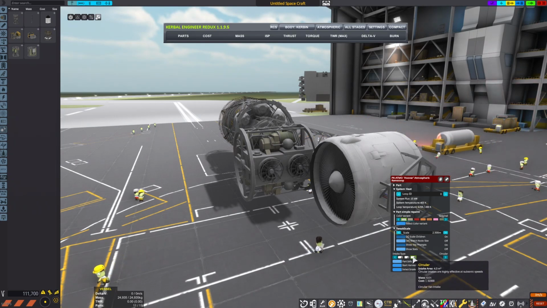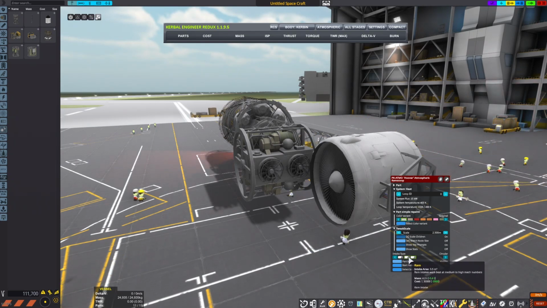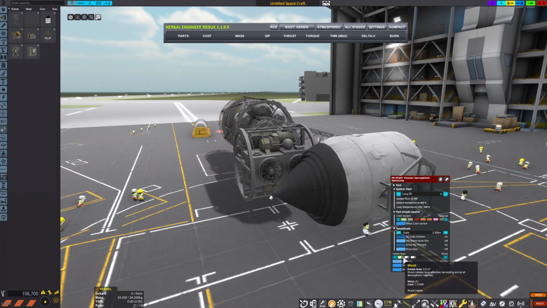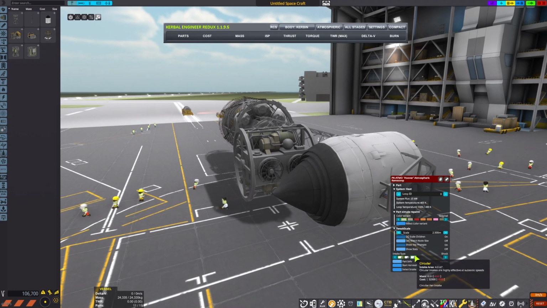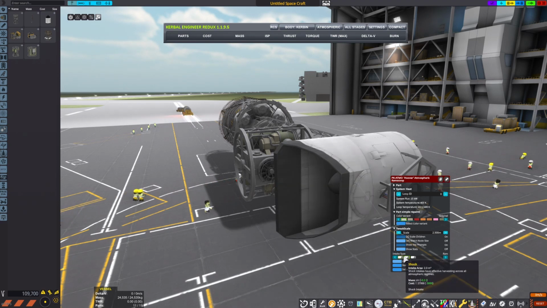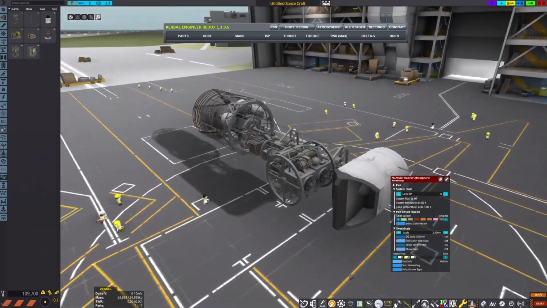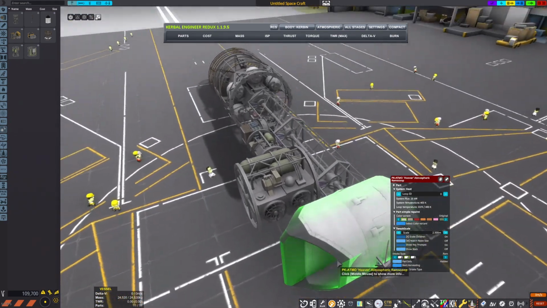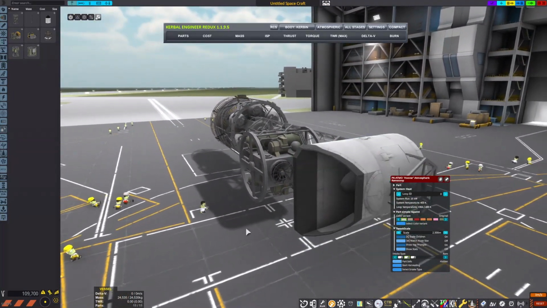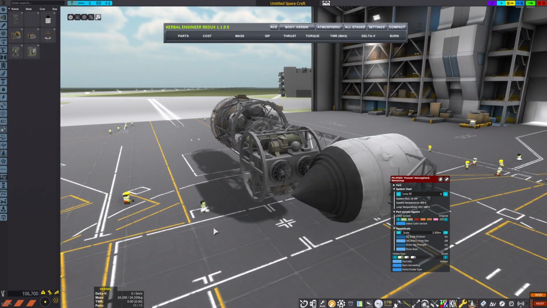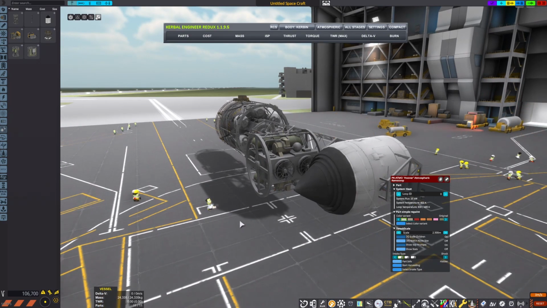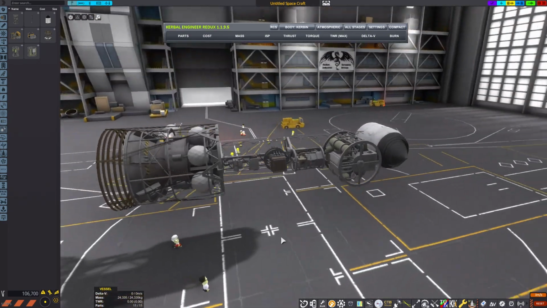It has the largest area, but also the highest mass and cost of the parts. The intakes are mostly similar, but I personally tend to favour the RAM intake because in the SSTOs I've used it on, they tend to be flying fast enough to make the RAM intake worthwhile. Anyway, let's revert to the default and move on to the final part